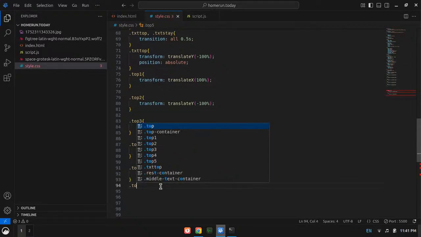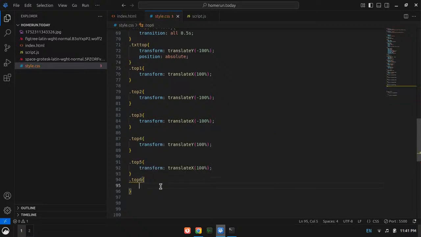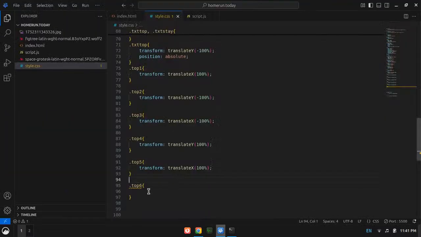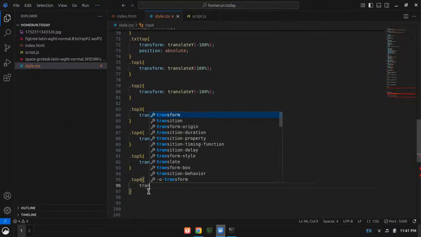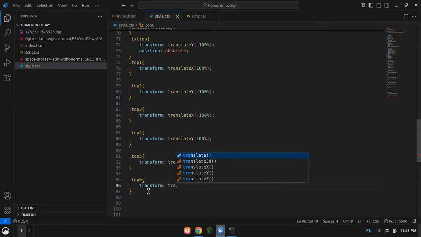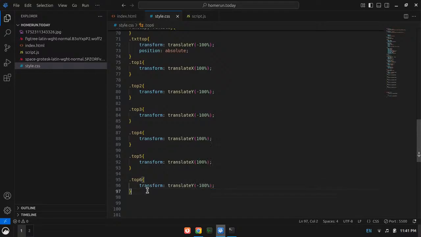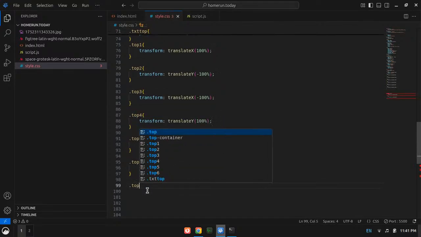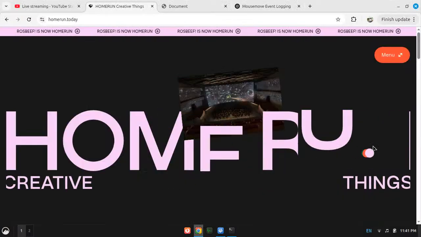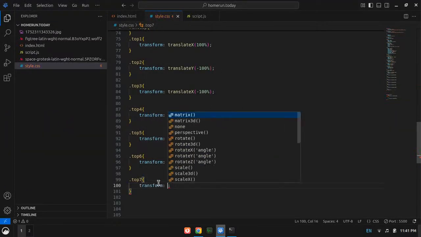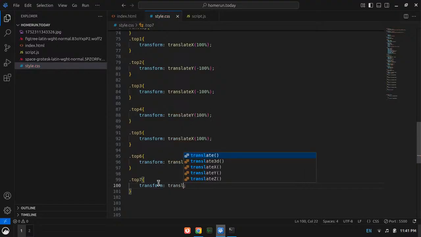Now let's go top 6. Where is it going to go? It is going to transform, translate y minus 100%, and then the last one. Where are you going, man? Transform, translate x minus 100%. Okay, that's all.